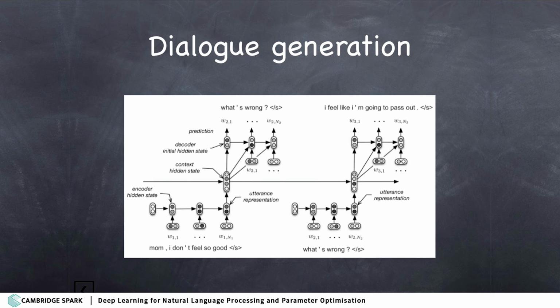So if we look at the representation in terms of the neural network, we give the input of one sentence, say, "Mom, I don't feel good." It is going to be passed through the hidden layer. The likely output, given that the real system outputs in this case, is "What's wrong?" And then this output is going to be fed into the network as the next hidden state. And in that case, it's going to produce the continuation of this dialogue, saying, "I feel like I'm going to pass out," and so on. This is going then to be fed into the next hidden layer, and so on. So this way, we will be passing the information about this whole communication through the hidden states in the neural network.